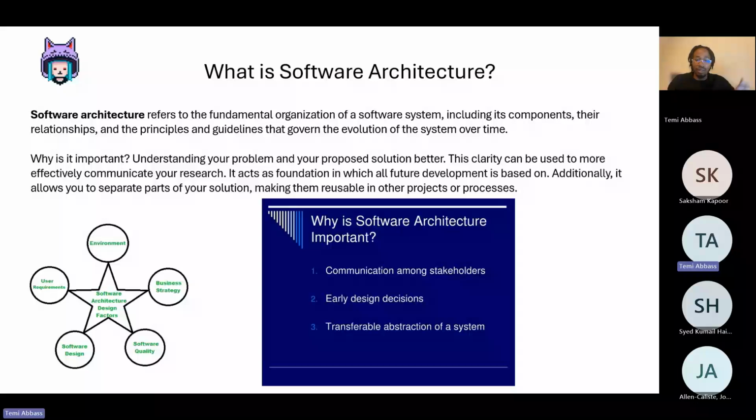Software architecture design or diagrams are so you can understand your problem and your proposed solution a bit better. You guys have very complex research topics that you're looking at, so it's more useful for you to describe what's happening using bubbles and arrows, because they simplify the concepts and designs. They simplify the way we understand our solutions, and this clarity can be used to more effectively communicate your